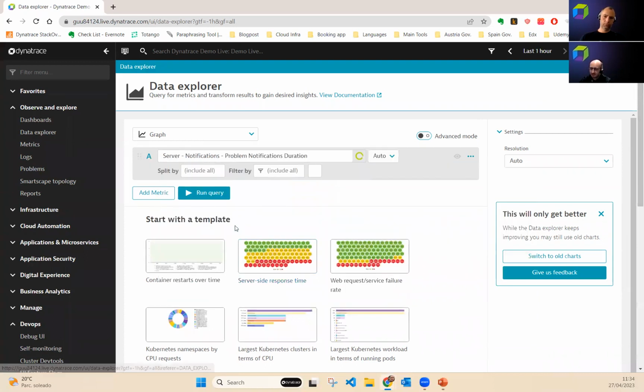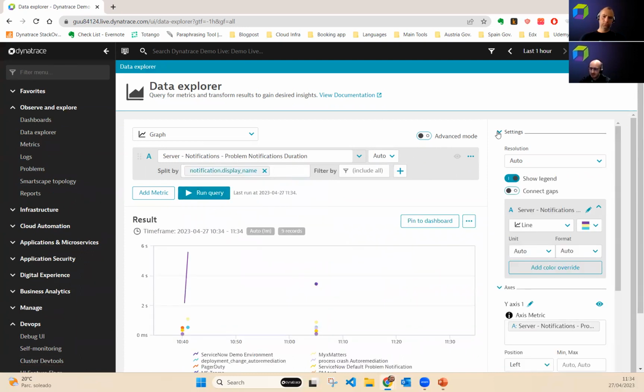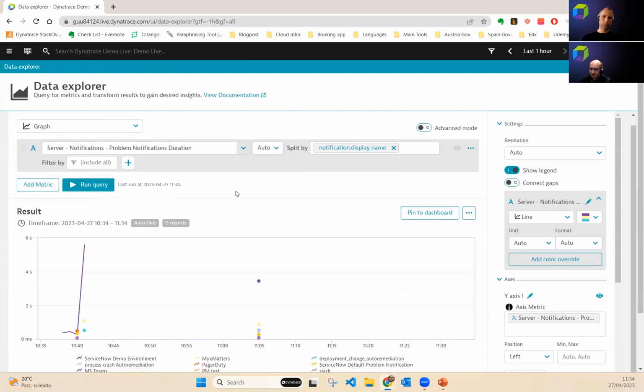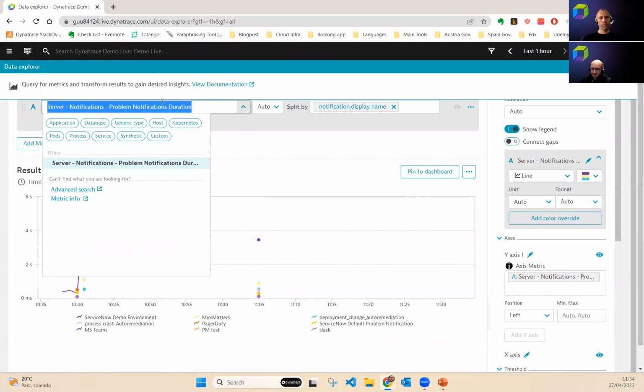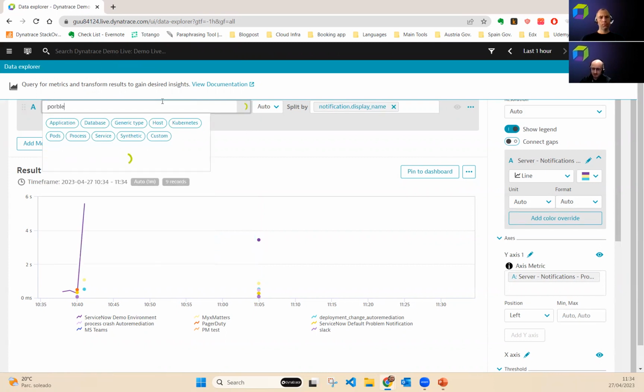First, I would like to show the latest one. If I split by the display name, here you can see all the integrations and how long it takes to send the problem to the third-party tools. And if I go to the problem notifications,